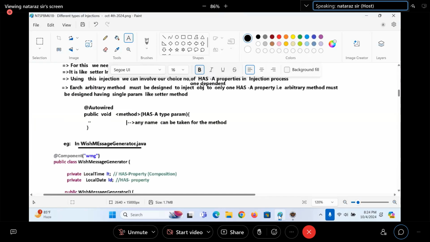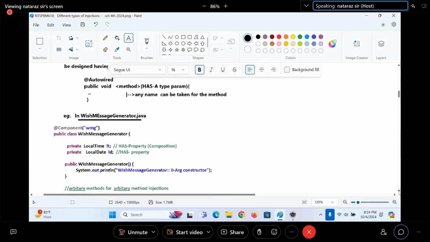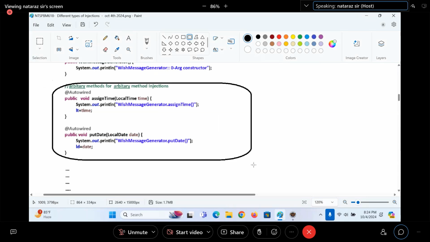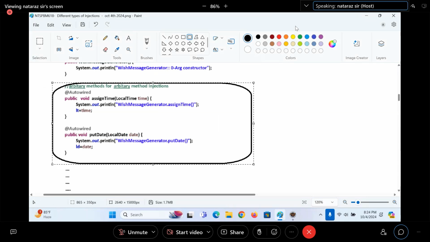Okay, this is nothing but what, guys? Arbitrary method injection. What injection? On these two methods, we are placing @Autowired, nicely, right, boss? I want a reply, my dear.